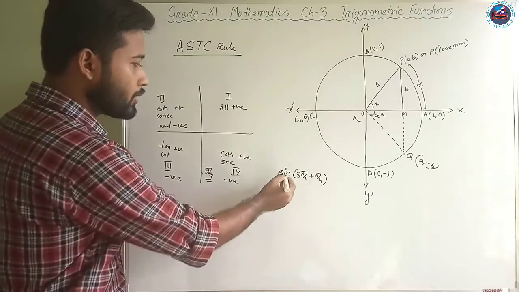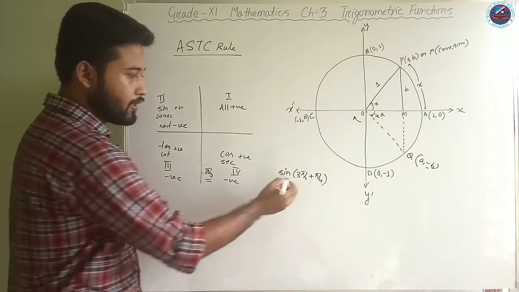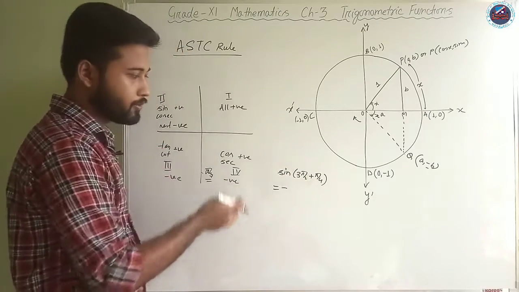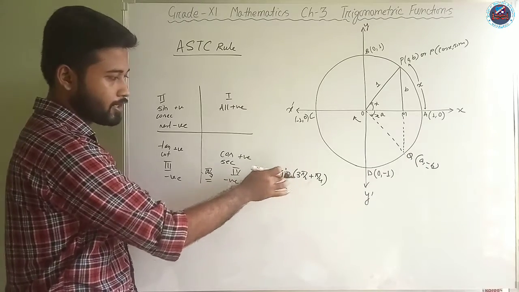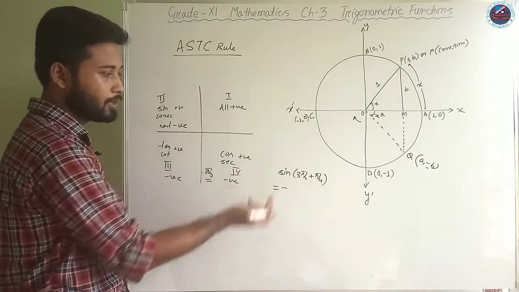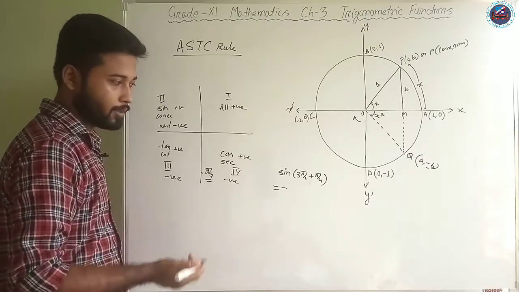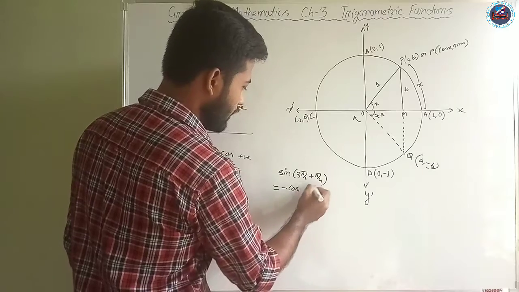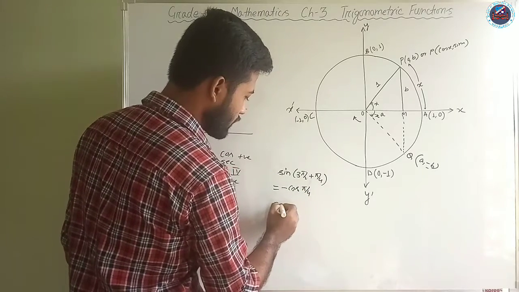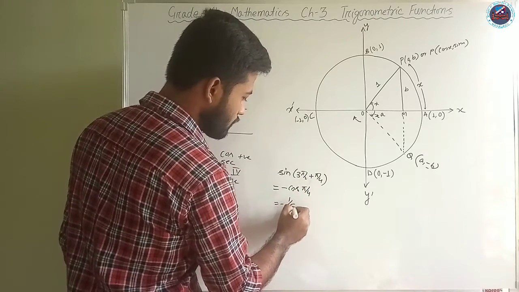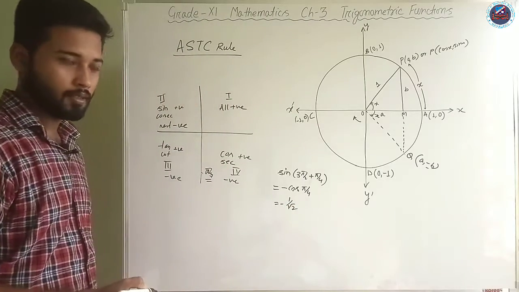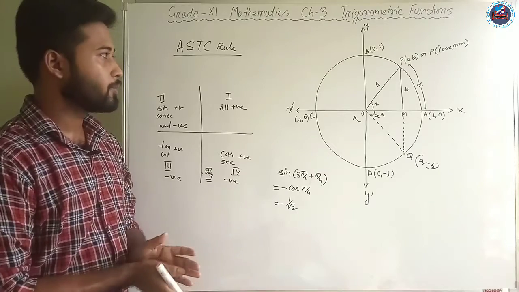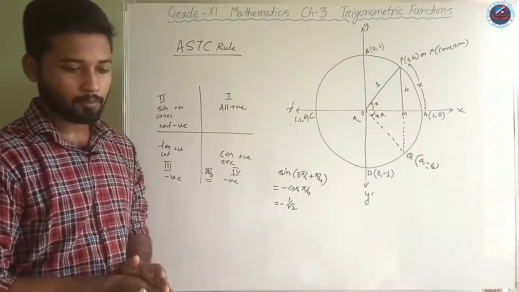Okay. Now what about sine? Will it be sine? You can see that it is 3 pi by 2. So whenever there is an odd multiple of pi by 2, our function will interchange itself. Like sine will become cos, tan will become cot, sec will become cosec. So sine will become cos here, and we shall write pi by 4. So our answer will be minus 1 by root 2. Okay. So this is how we use the ASTC rule, and this will be very important for your coming problems.